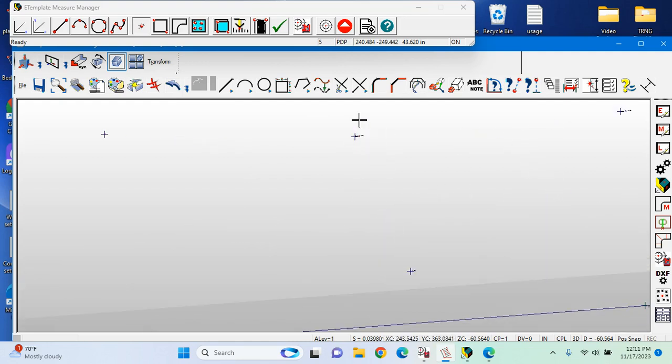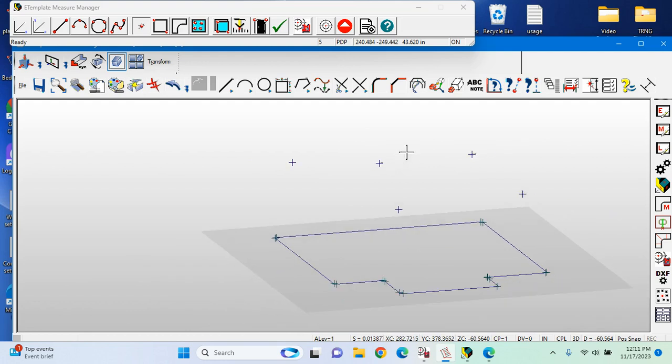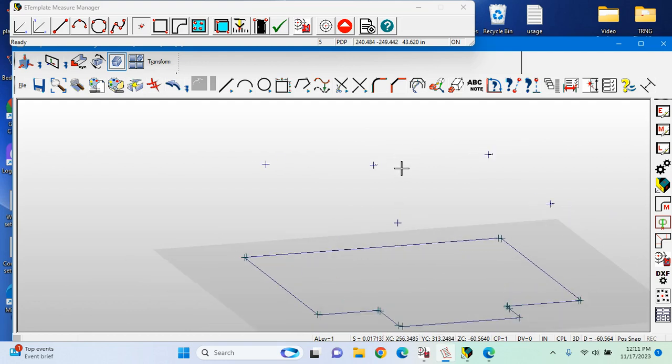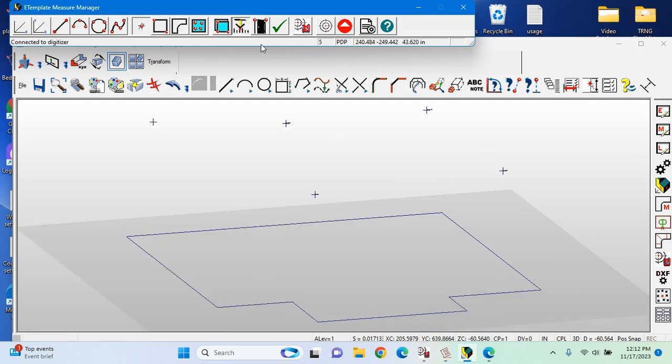And one of those points I took on the bottom of a soffit, so that should be the low point in the room. That's showing 9 3/4 inches lower than the high point in the room. So I have that as my reference, and if I want to set my ceiling height to that point, I can establish that. So let's go into our toolbar and our depth tool, and we will select